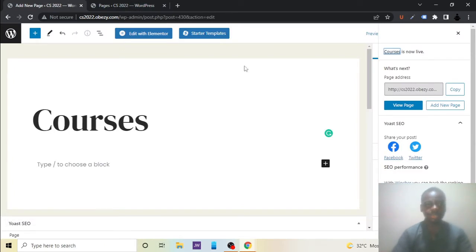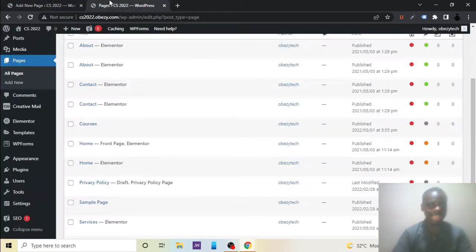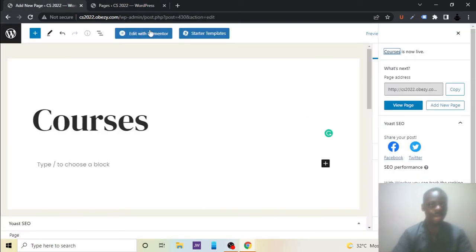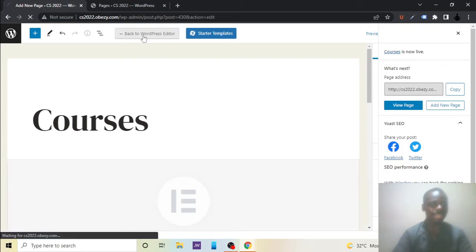Alright. So to edit it, I can either come here and then come to edit, or I'll click on edit with Elementor straight from here. So let's click on edit with Elementor straight from here. Now we've got a blank page and we want to edit it. So let's see how it is to build a new page from scratch